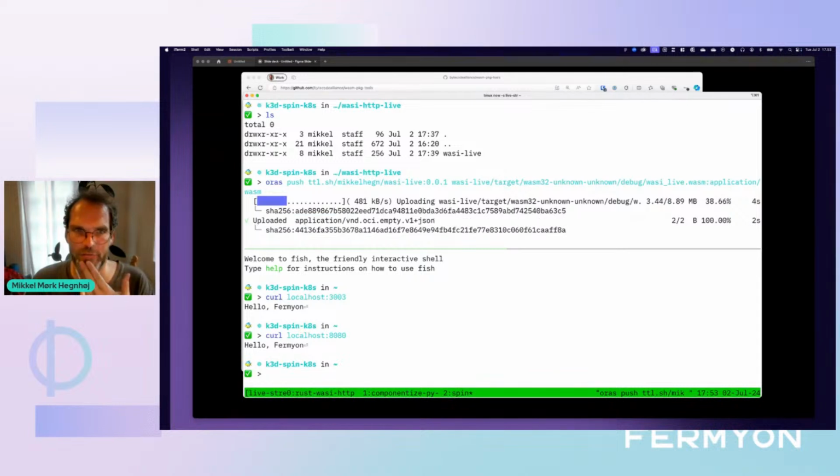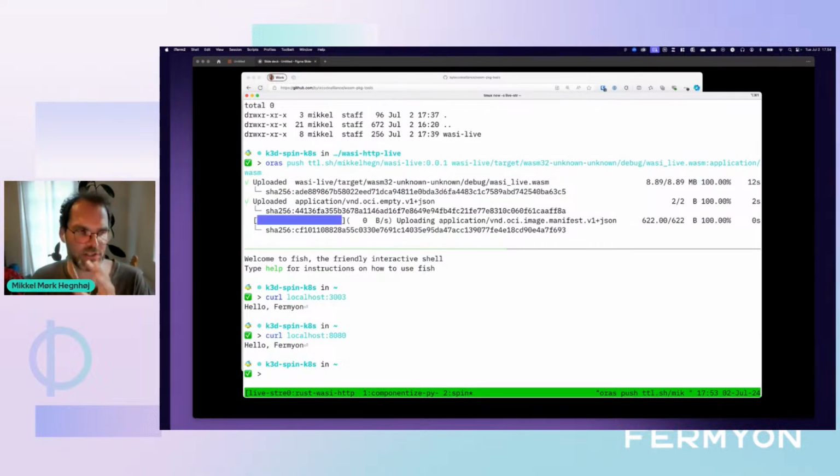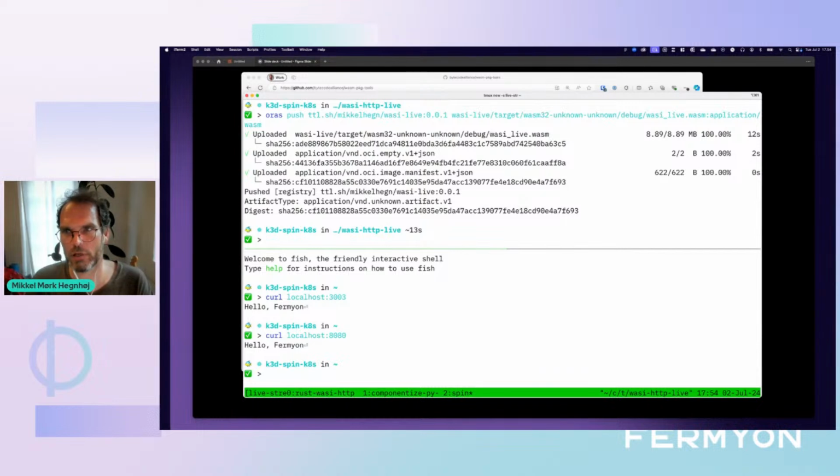There you go. We have our 9 megabyte WebAssembly. Well, okay, it is a debug build, and we do have all the backtraces in there. We can actually strip this down to probably less than a megabyte, I would assume. Cool. Okay, so we actually now have our WASI HTTP component, which is not a Spin application, because Spin applications